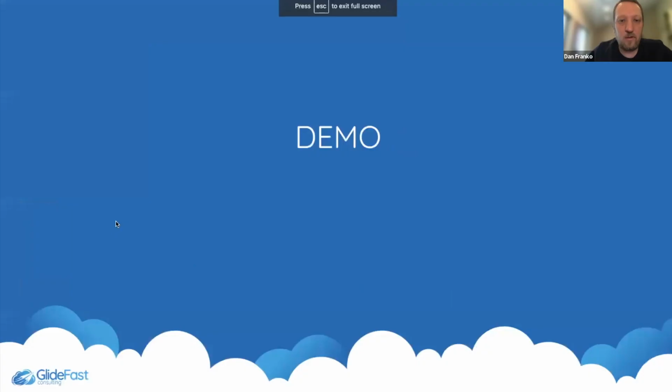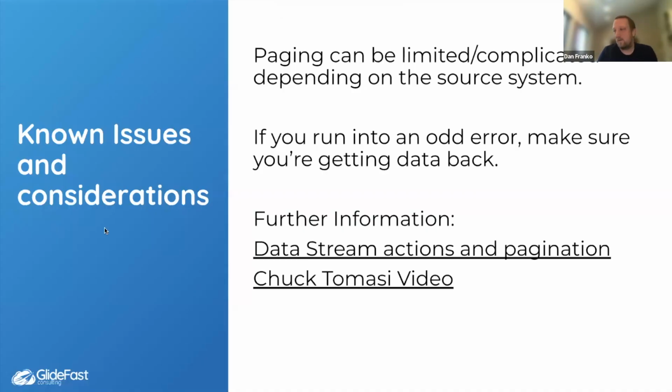There were a couple of things I found, and we're talking to other people, to keep in mind. So the paging can be a little limited and complicated. My experience was that if the source system wasn't returning a header with what page I'm on, or how many records are left, it can get a little complicated to have to look at the response bodies to get the data, especially since it seems that the version of JSON path that's provided doesn't